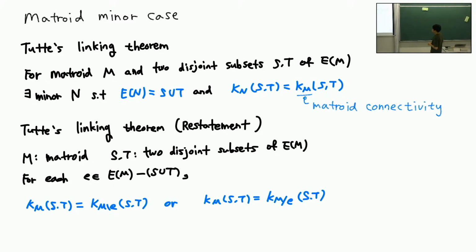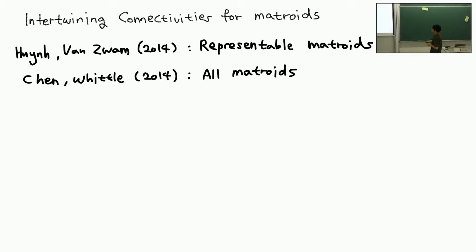Here this kappa is another kind of connectivity, which is called matroid connectivity. And then the same intertwining things